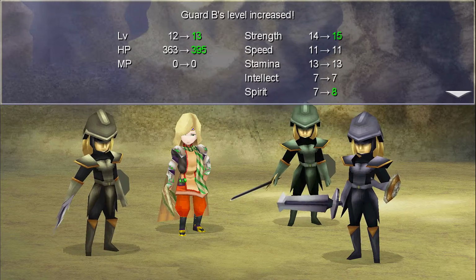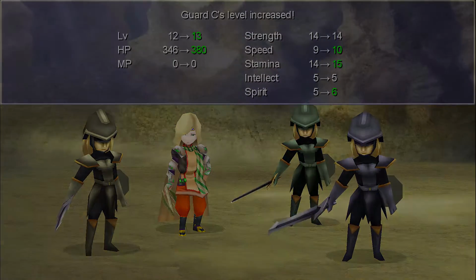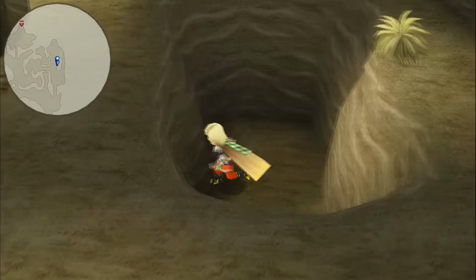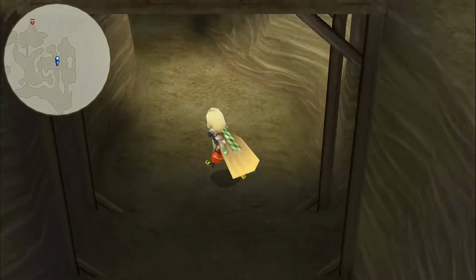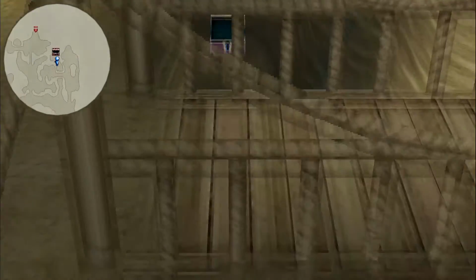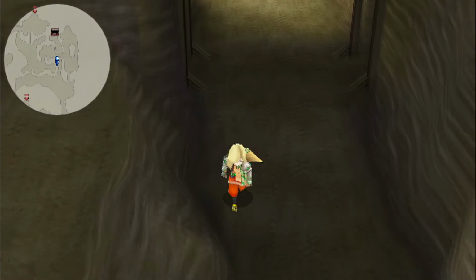Ooh, Garbee's almost got another multiplier. That's why I gave him the sword. He probably gets it sooner or later. That's our third bronze tail, I think. I believe that's right. Let's go up here